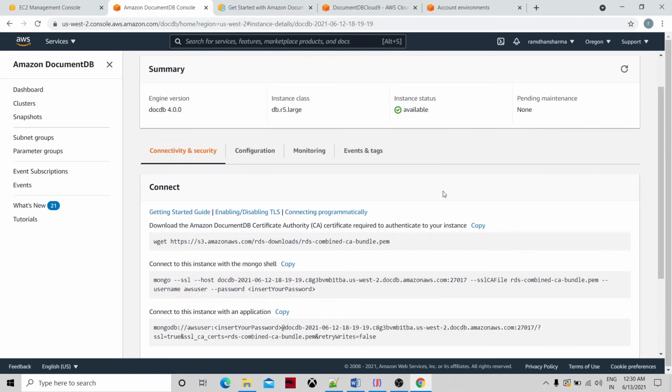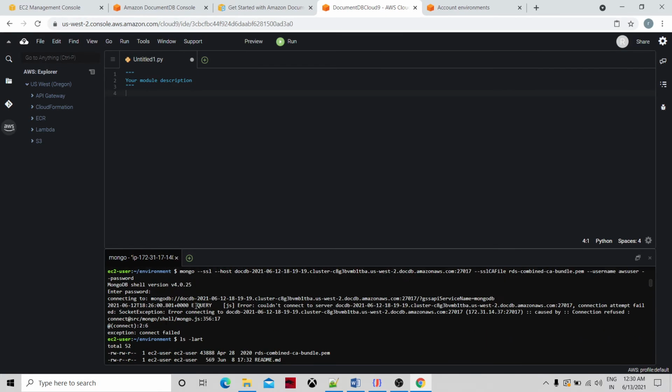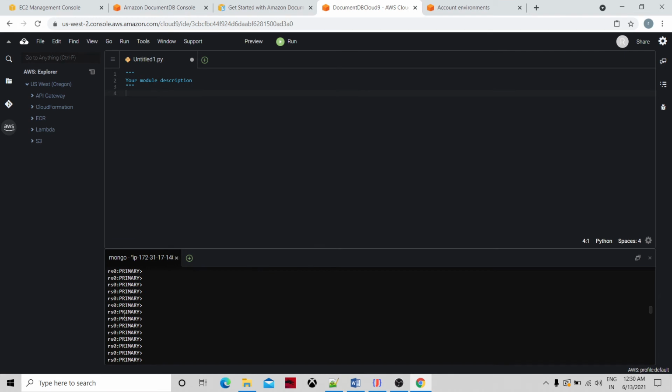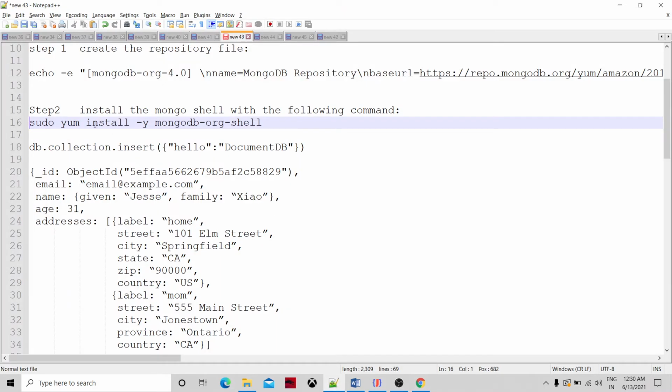So now the fourth step is that we need to set up the DocumentDB Mongo shell. Like I said, by default there will be the AWS CLI and the EC2 user environment. From here I have run three scripts to get my RDS primary prompt. Earlier, the prompt was the EC2 user environment. After running, there are three scripts actually.